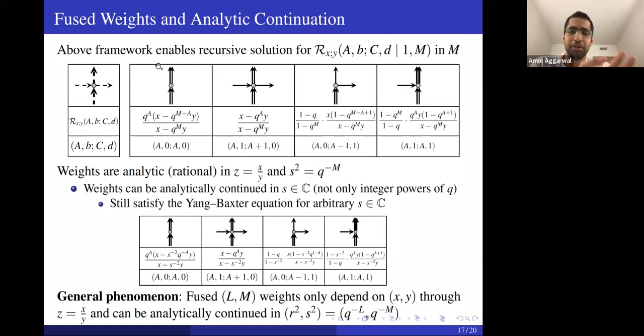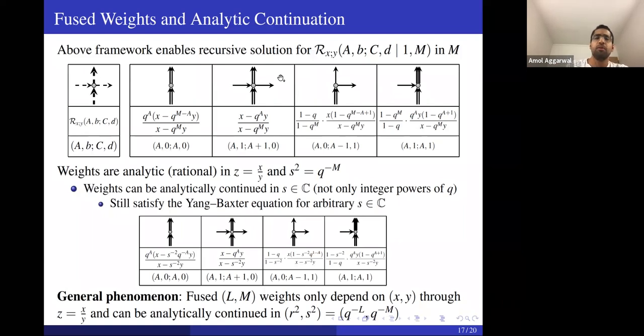And here is a formula for, as you can probably see, if you just plug that previous recursion into a computer, you'll get this answer, and you'll get everything being fully factorized. So it should not be hard to imagine that if you just implement the previous recursion, you'll be able to guess the answer and then use the recursion to check it. Although you can also derive this in a somewhat more systematic way. But once you have the recursion, you're basically, in a sense, done in terms of